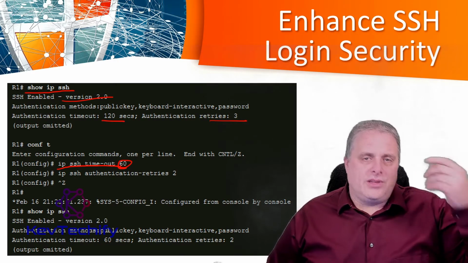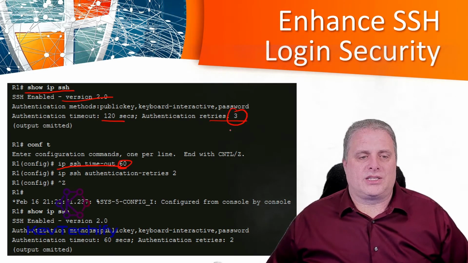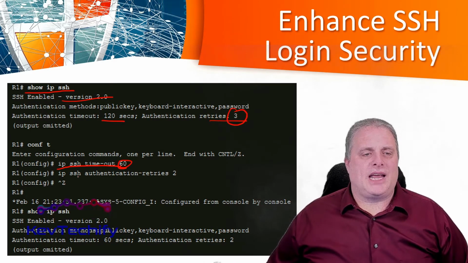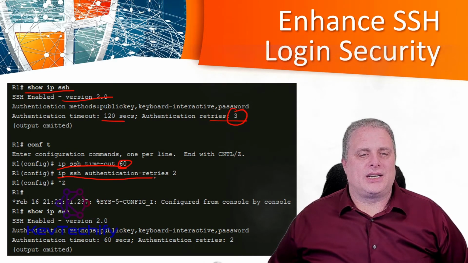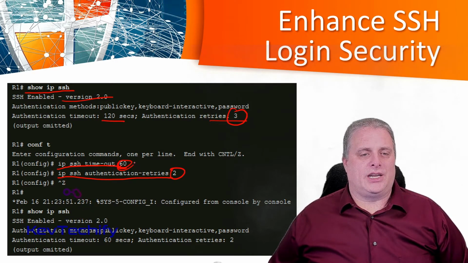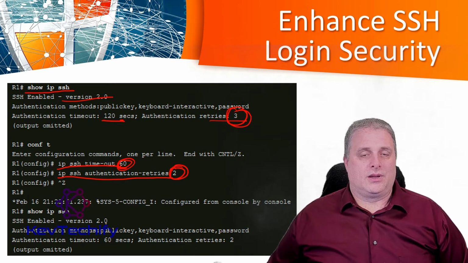By default, a user logging in has 3 attempts. That's what we got here. So by default, it has 3 attempts. We can change that by using the ip ssh authentication-retries 2. So we did ip ssh timeout 60. The default here was 120. ip ssh authentication-retries, we now set to 2. The default was 3. We did those settings, and now if you want to go back and verify it,